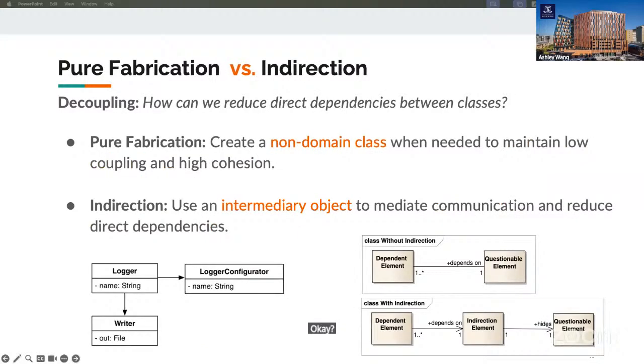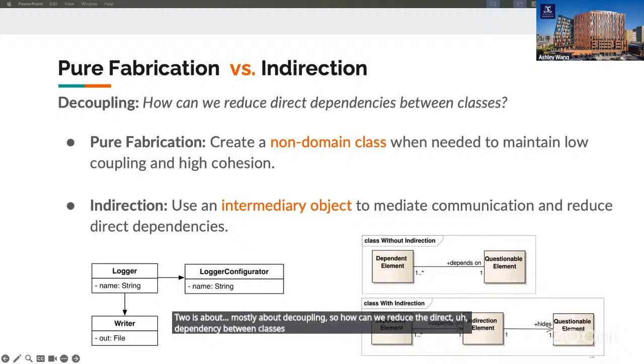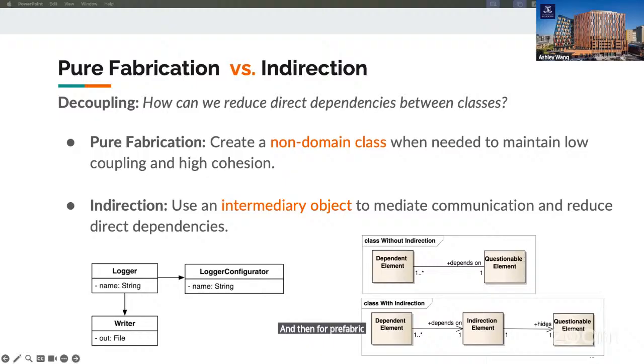Okay, so next let's talk about pure fabrication and indirection. These 2 are mostly about decoupling. So how can we reduce the direct dependency between classes? For pure fabrication, it's about creating a non-domain class when needed to maintain low coupling and high cohesion.